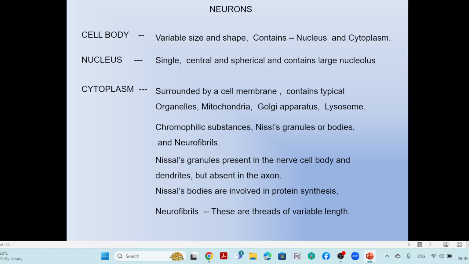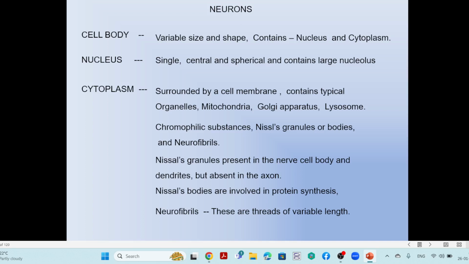Usually the Nissl granules are present in the nerve cell body and dendrites, but these Nissl granules are not present in the axon. That is the point you have to concentrate on. The Nissl granules or Nissl bodies are particularly present in the nerve cell body and dendrites, but not in the